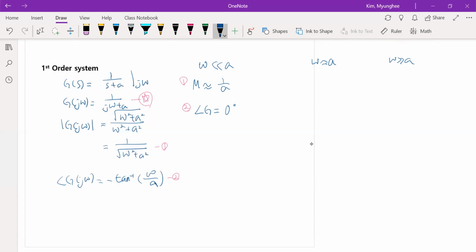And when omega is almost the same as a, then the magnitude is 1 over root of a square plus a square. So it becomes 1 over root 2, times 1 over a. And the angle becomes negative arctangent a over a, which is negative 45 degrees. And when omega is much larger than a, now the a is negligible. So the magnitude is almost the same as 1 over omega. And the angle is almost negative arctangent of omega, which means negative 90 degrees. So from here,